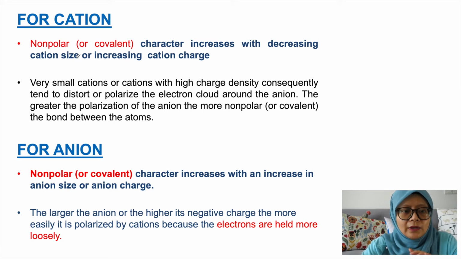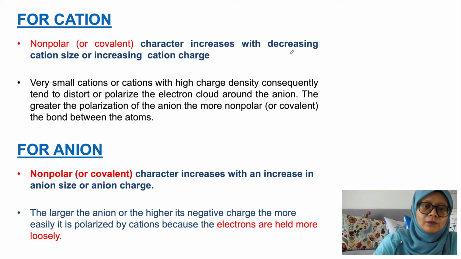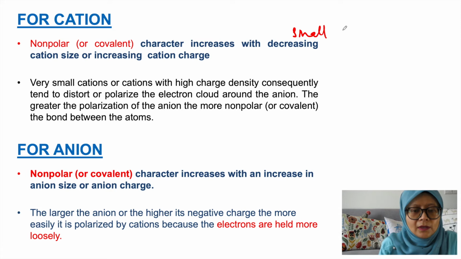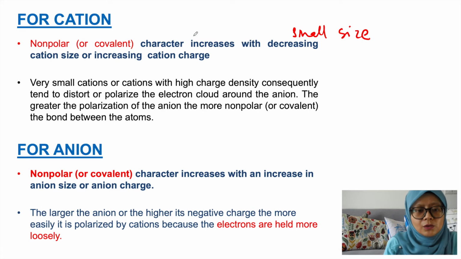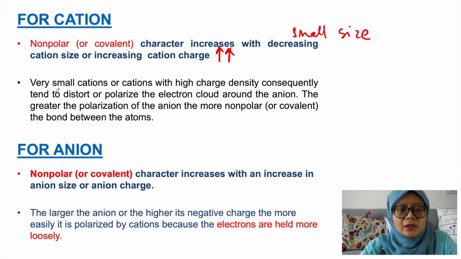First one, for cation, this non-polar or covalent character increases with decreasing cation size or increasing cation charge. So we need to have a smaller size here. When you have a smaller size, what happens to the charge? Usually the charge will be increasing. So very small cations or cations with high charge density usually tend to distort or polarize the electron